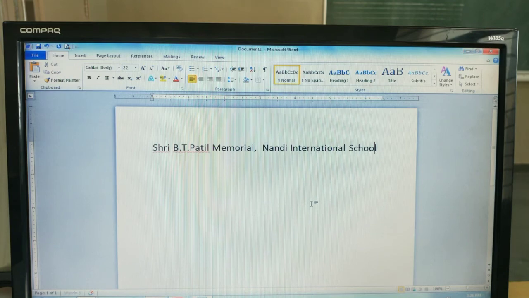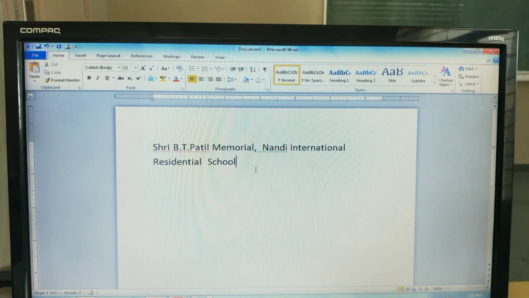Take the cursor over here, or you have one more option: with the help of the mouse you can just click on the place where you want to insert the text. Now you can type residential. This is how you can enter the text. So this is one part of text editing.